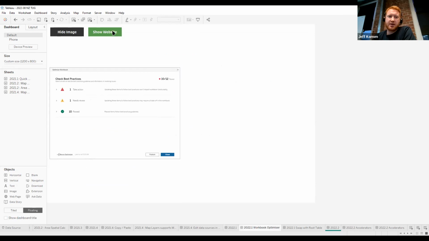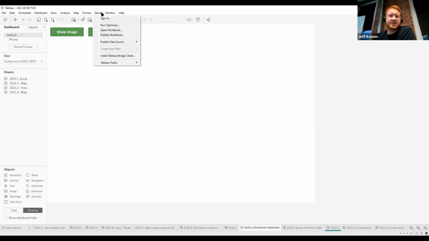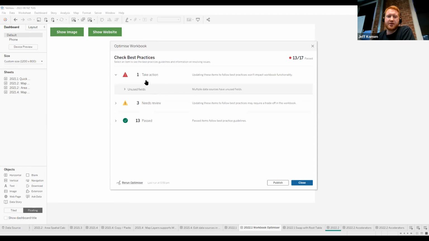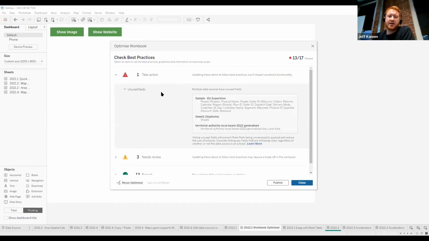essentially, I need to move my menu. Hopefully it doesn't get in the way of everyone else. So we have this option here in server, so I'll just hide everything so that we've got a clean slate. And so here, under the server menu, we get this option to run an optimizer. That's going to have a quick look at your workbook and tell you things that you've done well or optimally, some things that you could improve performance, and then possibly something that will make the most effect if you made some improvements here, so that you get a decent improvement in your workbook experience in terms of